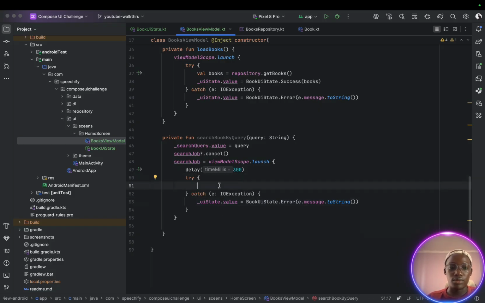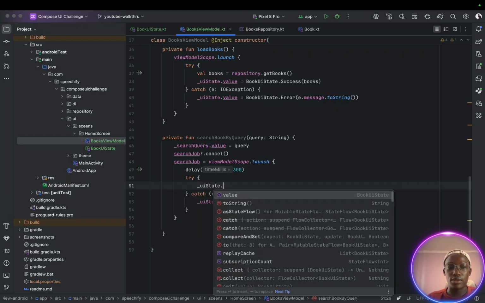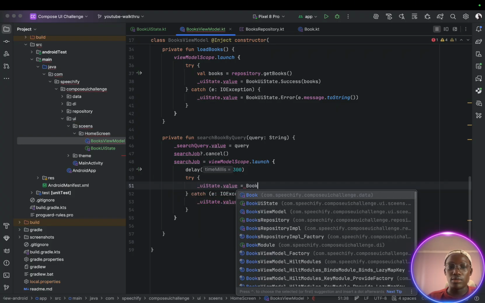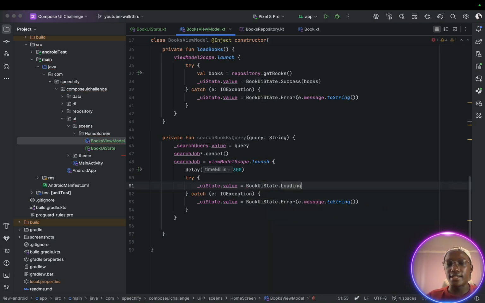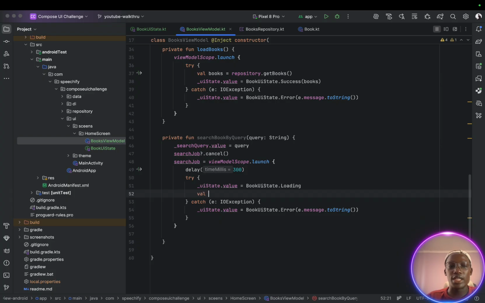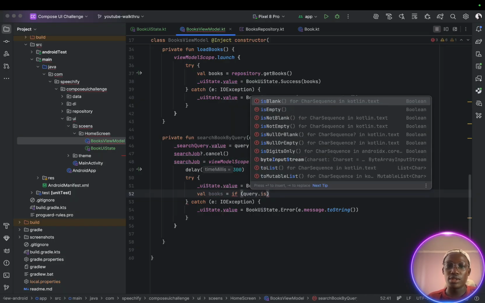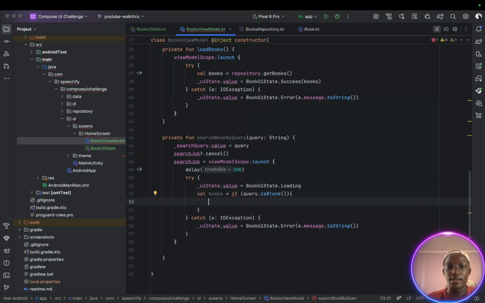So what we're going to do is update the UI state first to Loading. The reason we're using the loading state here is in case you delete the characters from the input field, we can just show those books directly. So we can start with the UI state here for loading those books. So val books, I'm going to say if query.isBlank or empty, then we're going to say repository.getBooks, else